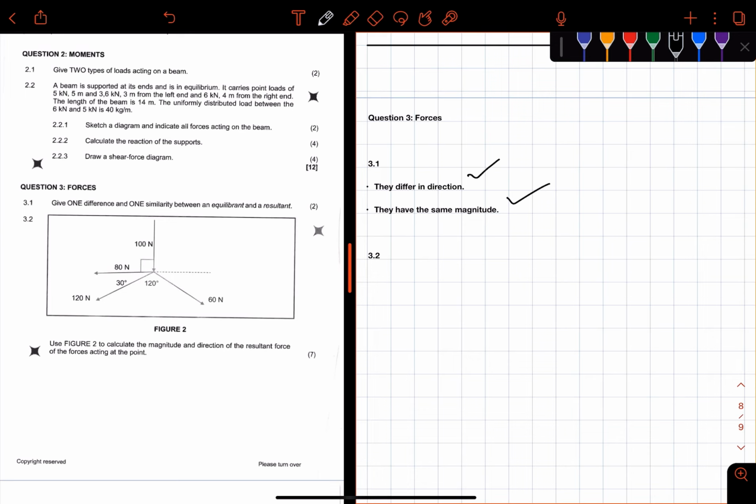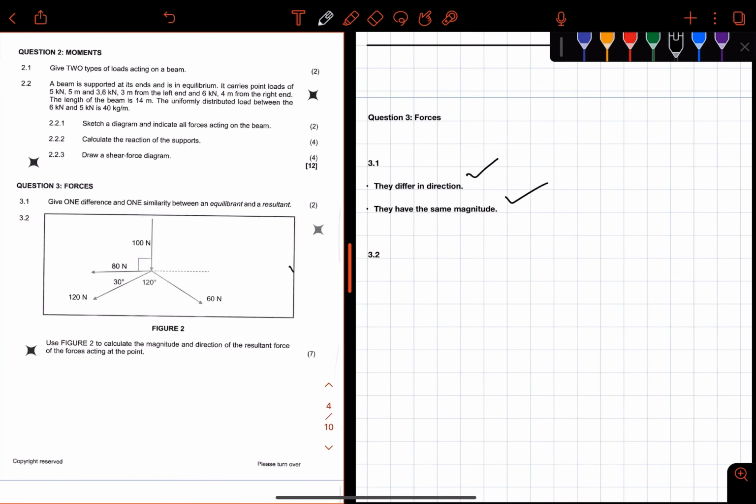Right, 3.2. 3.2 reads as follows. Use figure 2 to calculate the magnitude and direction of the resultant force. So we're looking for the resultant force of the forces acting at the point. Right, now we have coplanar and concurrent forces acting here. So we've been tasked to determine the magnitude as well as the direction of the resultant force. Right, now in order to do this,